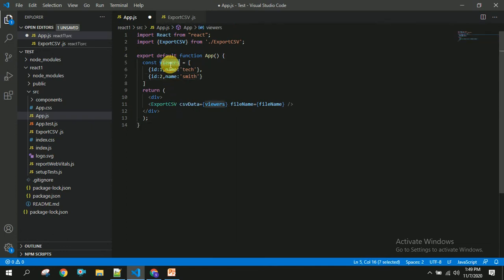You can give any 100 number of properties you want based on your requirement. So we have to give whatever you want to export here, the CSV data, and you have to give the file name.